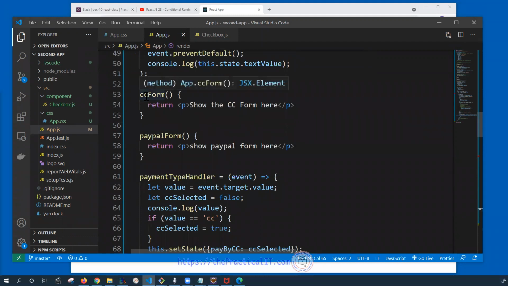You can see the credit card form goes here is coming, but you can imagine here you can have the input box, having the input box and everything, which would be taking care of the credit card information, name, zip code, back of the card and everything. Whereas in the case of the PayPal form, we can provide only the email and the password in order to get into the PayPal. So this is how we're going to do the